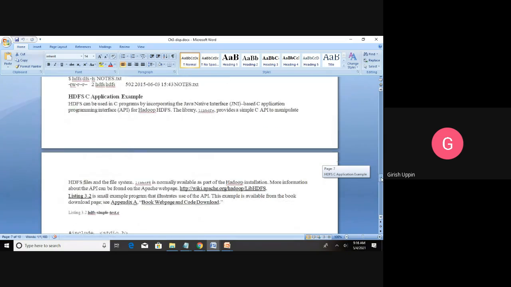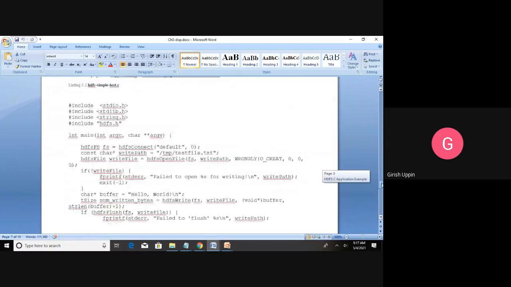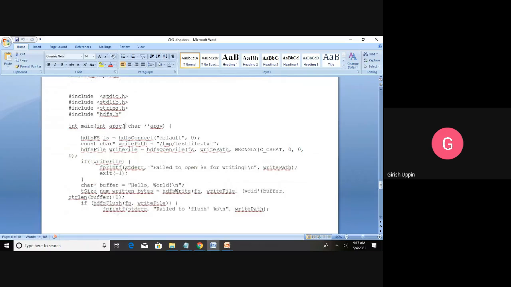That is the Java example. We have one more C application example. This is a complete C program, which has not been given in the textbook, but there are links where we can get the complete source code of the C program. So this is the C program. Whatever implementation we just saw for the Java application, a similar thing has been done using C programming.